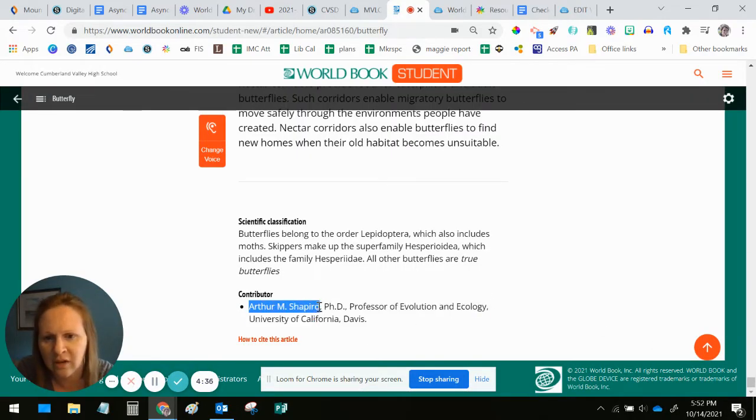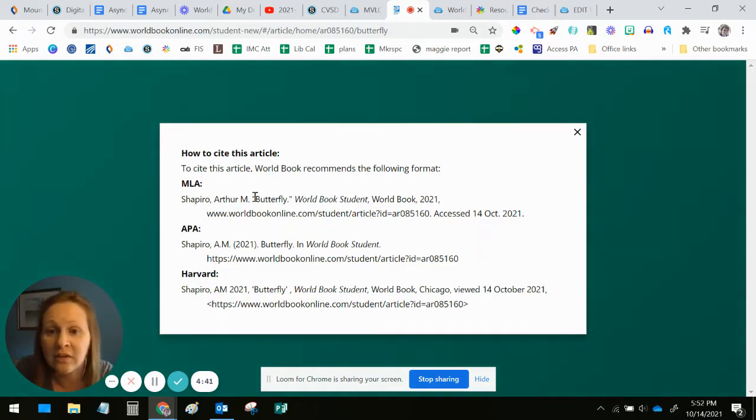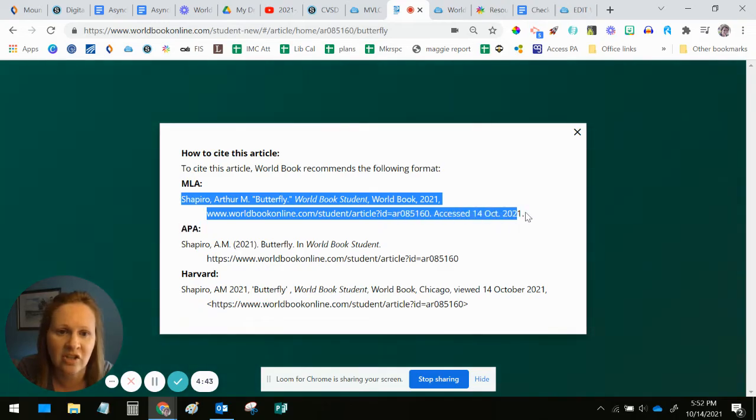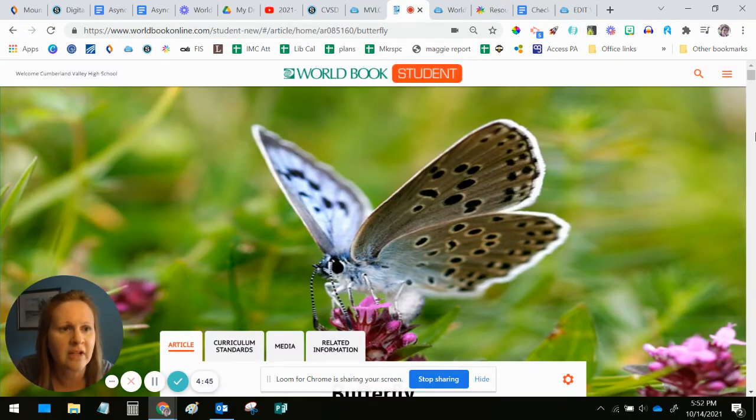That's the contributor, the author, and what their job is. And then if you click how to cite this article, there it is again. That's the citation that you want. Okay. All right. So there are a few other features in World Book that I just want to point out